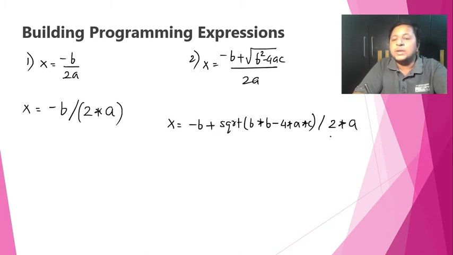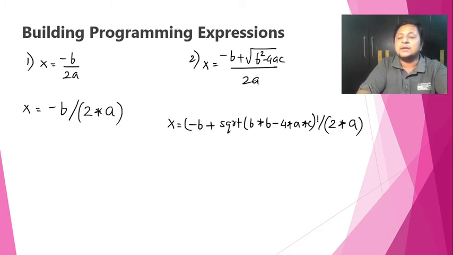Now I hope you will immediately realize here that 2 into a must be in bracket. But there is one more thing we are missing. If at all I keep it as it is, then it will be only this term divided by 2a. We want the complete numerator to be divided by denominator, and hence the extra bracket here will be required. Remember one thing, whatever level of brackets you need, here I have 2 levels of bracket, but all the brackets that I use in expression must be the round bracket. Unlike algebra.